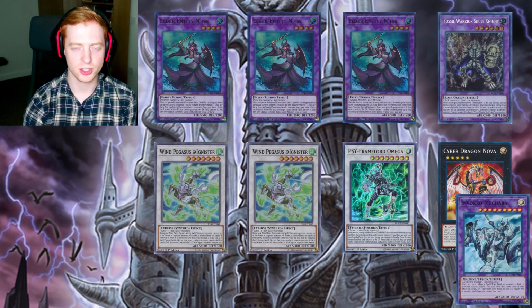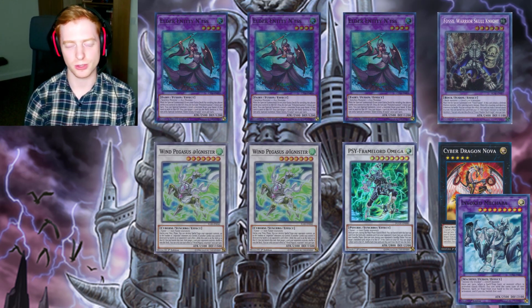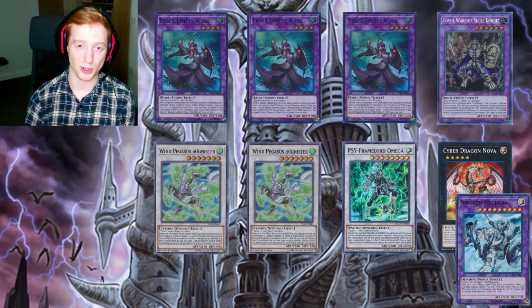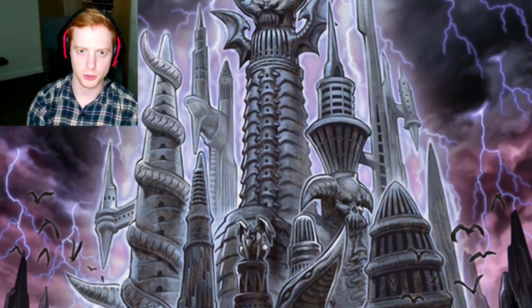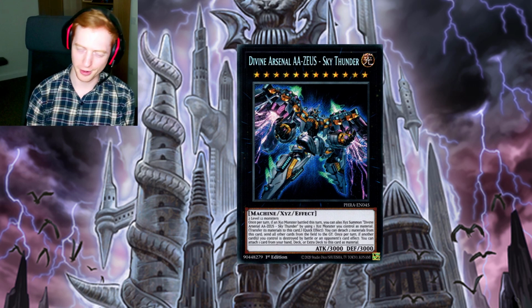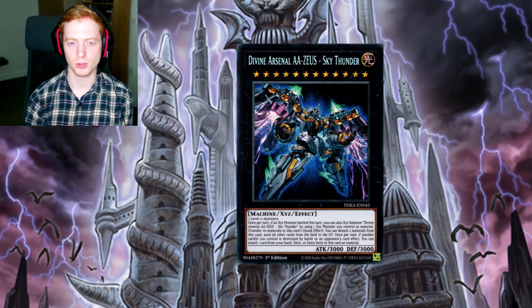We play a Cyber Dragon Nova and 1 Invoked Mechaba. So this allows you to have a free negating monster on the field if your opponent just happens to be playing the Dogmatika cards, and this will allow you to then just banish your opponent's monsters. It's pretty good. We do play 1 copy of the Divine Arsenal AA Zeus Sky Thunder. So this allows you to just have a fairly high attack monster that you might want to use for Dogmatika